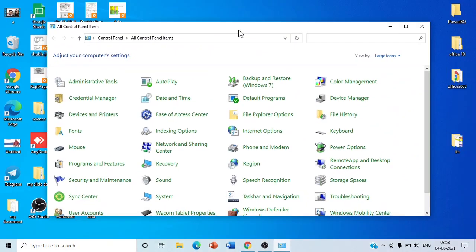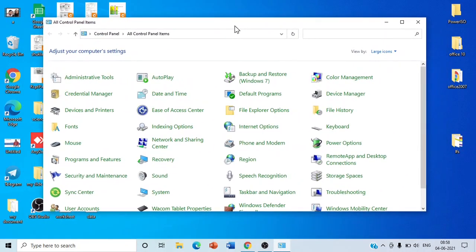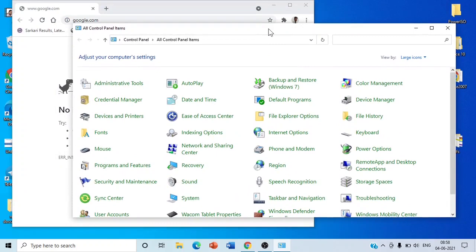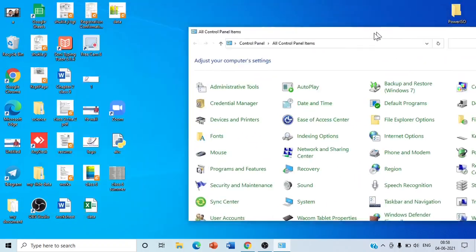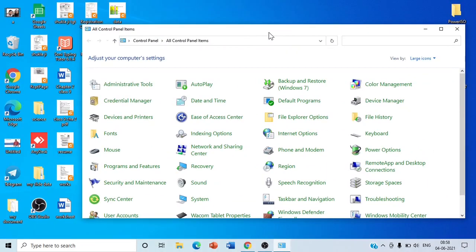You will see that only one window will remain, and the others will be disabled. And when you shake again, you will see that the other windows will reopen. That feature is known as Aero Shake. With the help of Aero Shake, you can minimize most of the windows at a time and keep only one single window open.